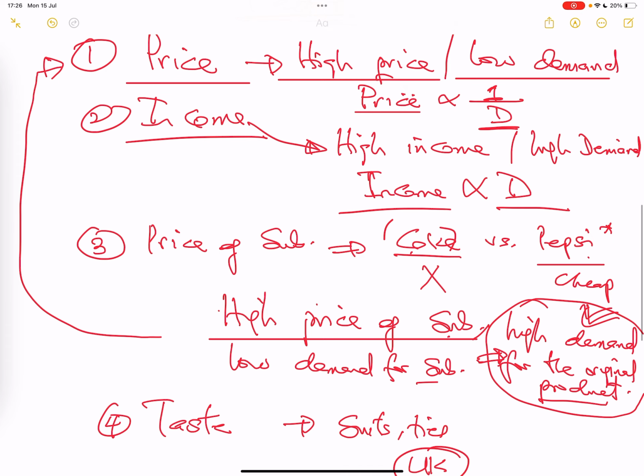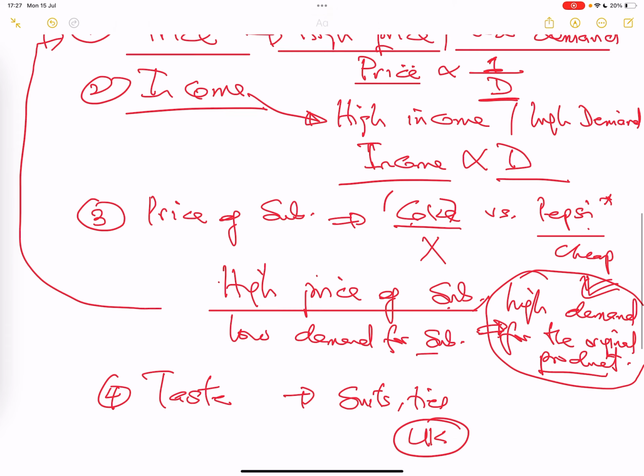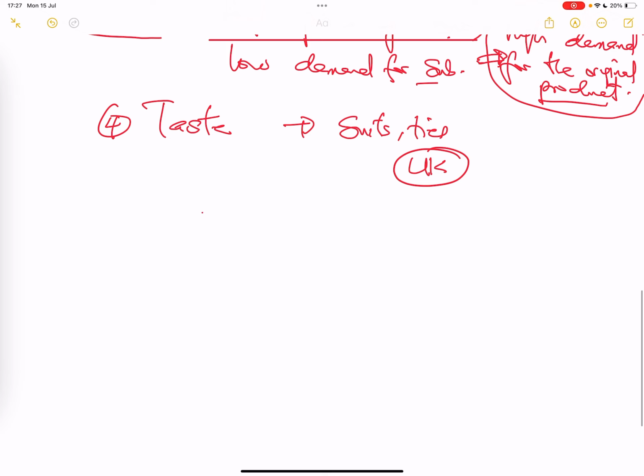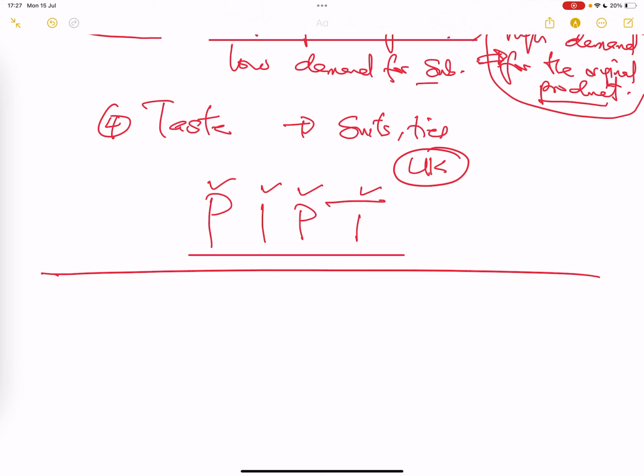So those are the 4 factors you need to understand about demand, and I call it PIPT. Talking about the price of the product, price of the substitute, income, and taste. Right. So those are the factors affecting demand. Now, quickly, let's talk